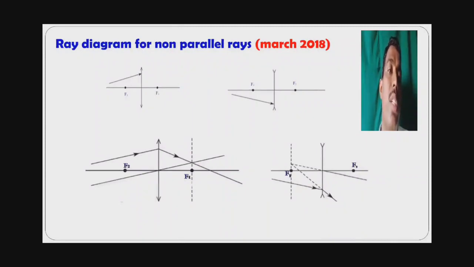For both the lenses, first of all, we have to draw the parallel ray to the given ray, and second, we have to draw the focal plane at F1. Now if it is a convex lens, we have to draw the converging ray through the point of intersection. If it is a concave lens, we have to draw the diverging ray from the point of intersection.